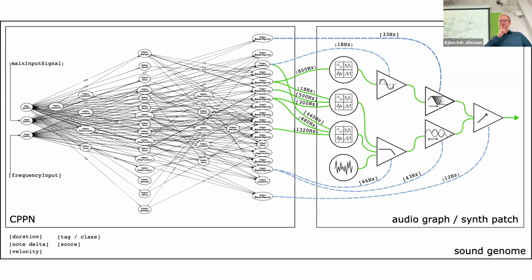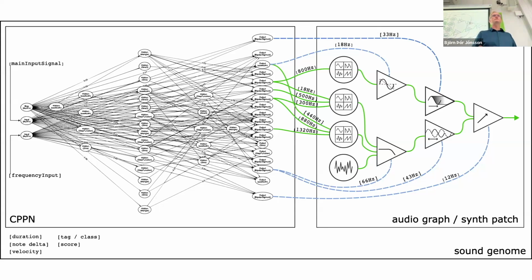And currently I use those signals as sources for control and audio into the synthesizer patch. So the same network can be producing audio here and, for example, control of a filter frequency and so on. Initially I had a single CPPN network, but one intuition was that it was maybe too demanding for a single network. So later I explored having specialized networks for different frequency ranges. So each network is basically simpler.